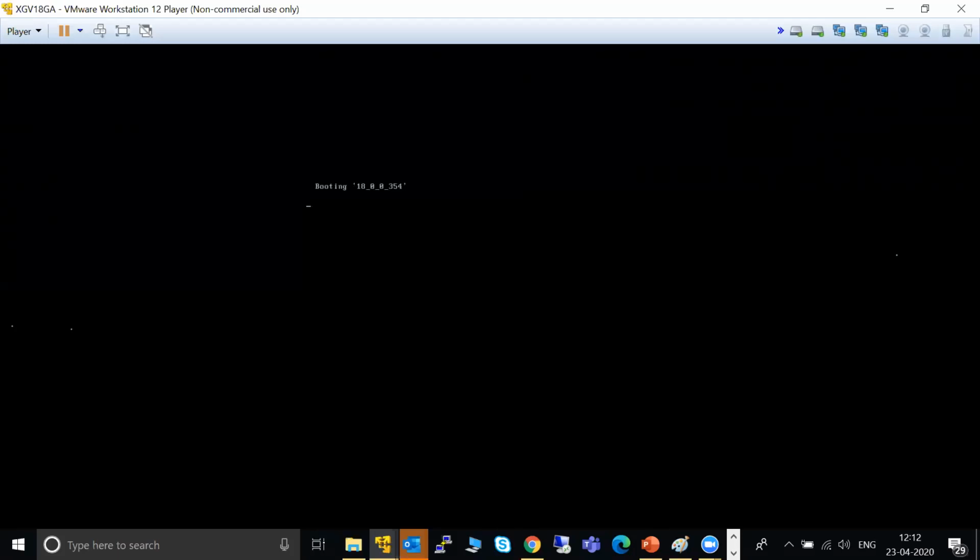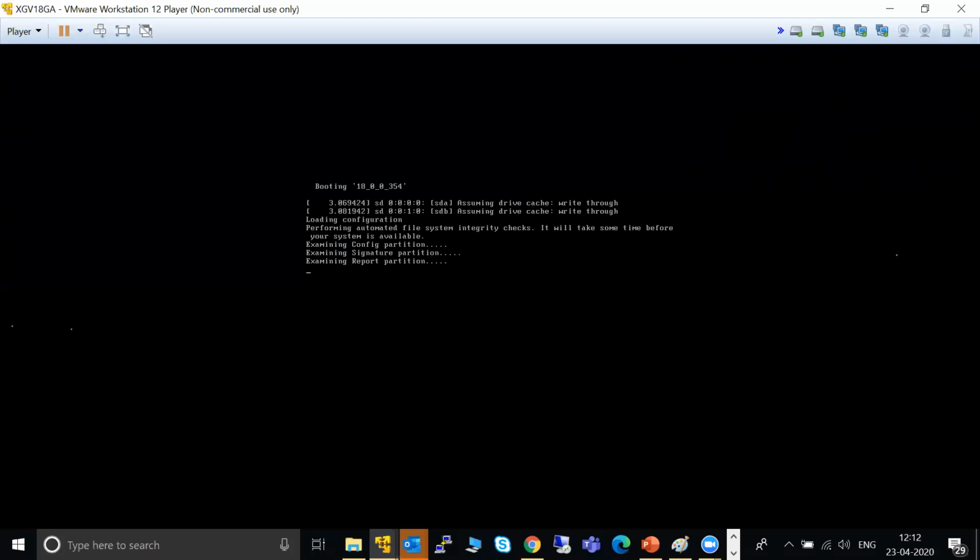Just make sure as a prerequisite, you must have a minimum of two NIC cards, a minimum of two CPUs, and at least 4 GB of RAM to install this SFOS, Sophos Firewall Operating System, which is V18 now.